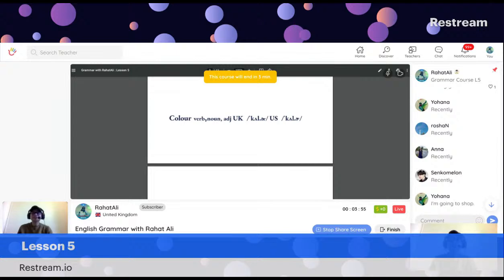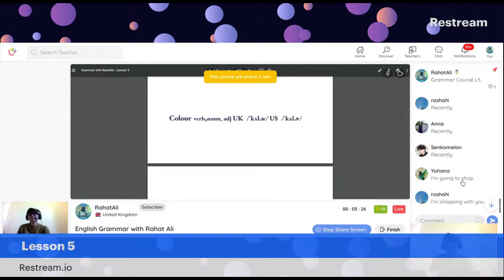I'm going to shop. Yes, here going is a verb, continuous form. Sometimes some grammarians say going to is a participle form, verb with ing. I'm shopping with you. This is continuous form or participle. Remember, the basic difference between the gerund and participle is that both have got the ing form, but in gerund it works as a noun. If you can understand from the sentence whether it's a noun or not, that time you'll be able to understand it's a gerund.